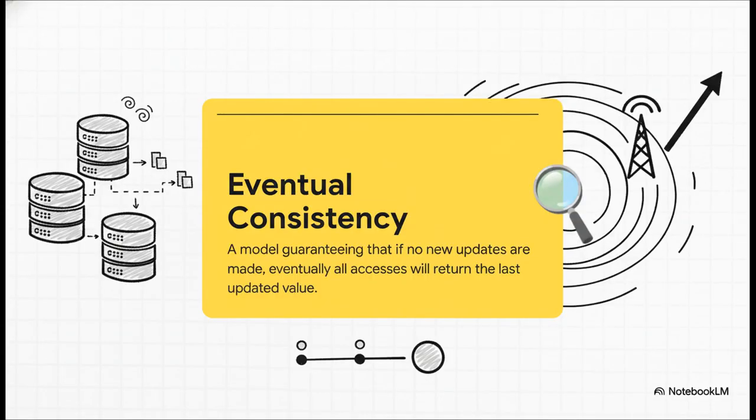Using all these patterns means you have to get comfortable with a core idea in distributed systems, eventual consistency. And it sounds scarier than it is. It just means that when data changes in one place, it might take a tiny bit of time for that change to show up everywhere else. Think about it. When you update your profile picture on social media, does every single one of your friends see it in the exact same millisecond? No, of course not. And that tiny delay is exactly what allows the system to be so resilient and handles so much scale.